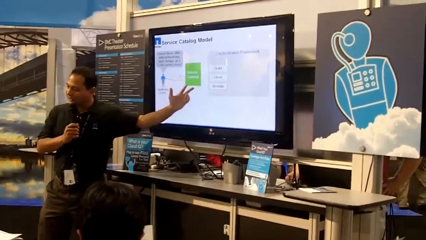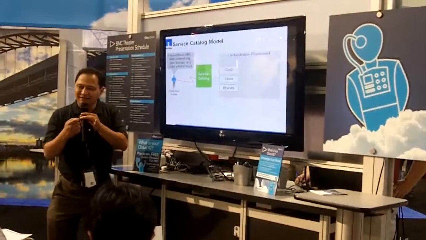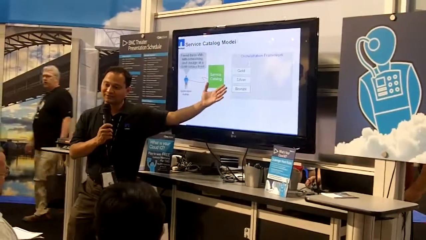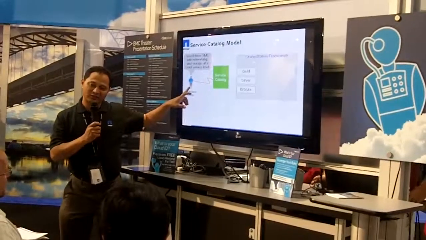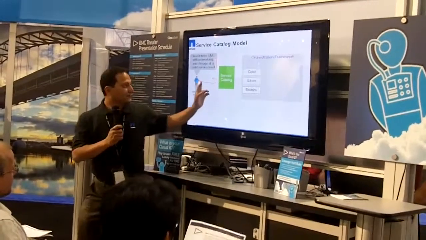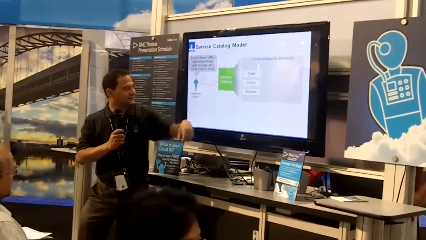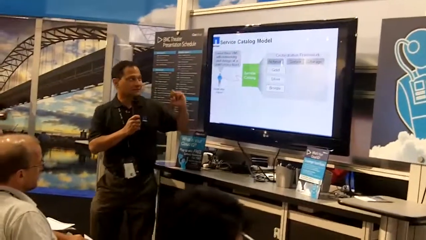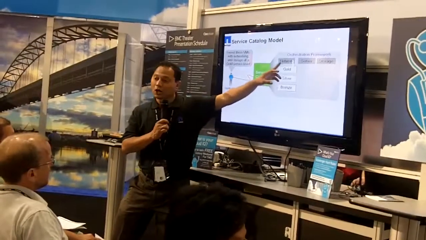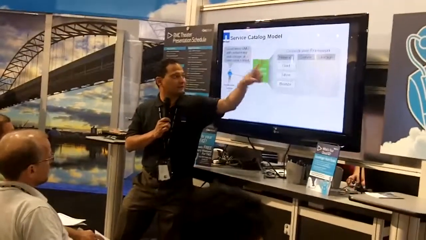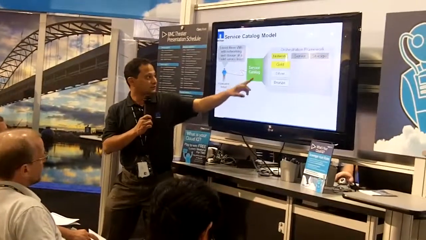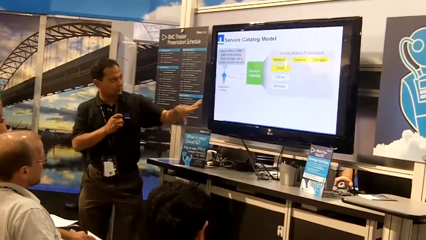He is given a menu card, and then he just makes a selection whether he would like a gold level service, a silver level, or a bronze level service. The only decision he has to make is whether to go gold, silver or bronze. He decides he would like a gold level service. The moment he says gold level, the network, storage and everything gets automatically provisioned according to the gold level.